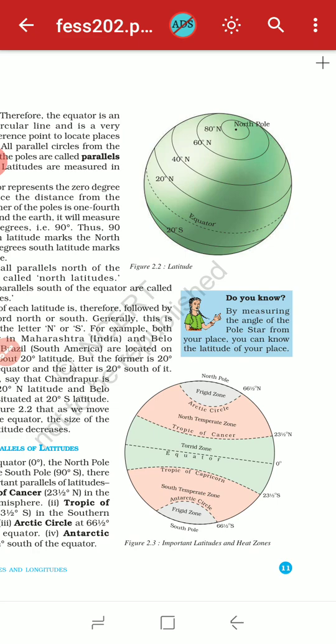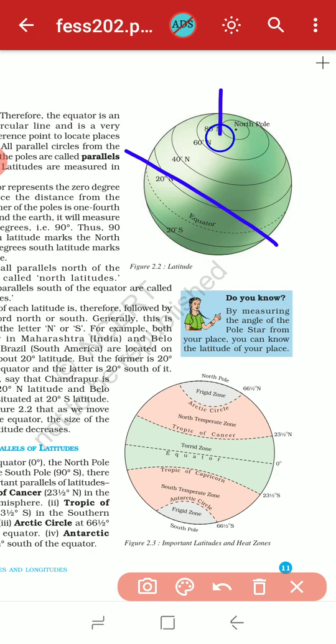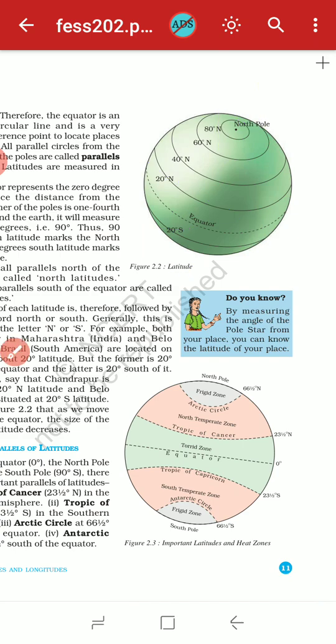For understanding the two halves of this globe, of this earth, we have given them names, north and south. We just make two halves and give them a name so that we can easily find out what is north and what is south. Understood? So that is the north and south pole.